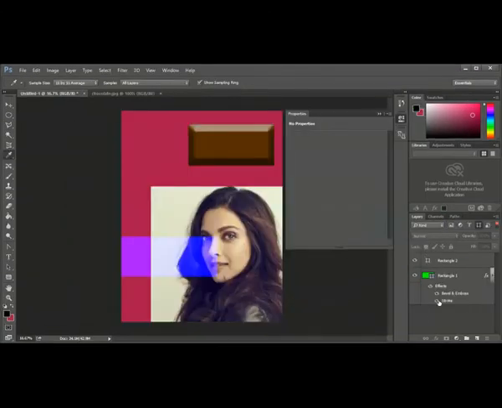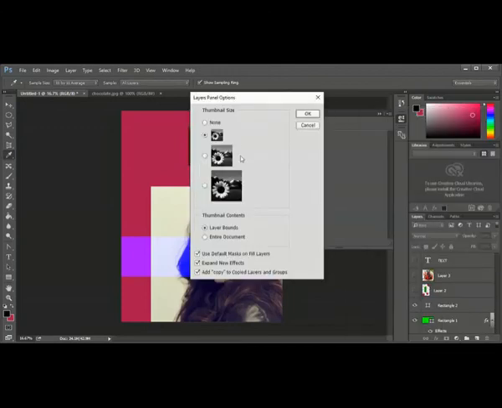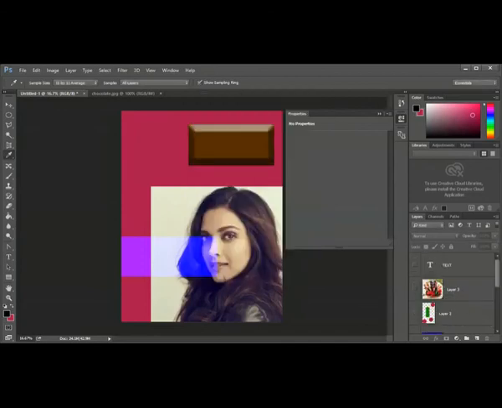And this thumbnail also you can make bigger or smaller. Bring back all. This thumbnail you can make bigger or smaller by clicking here. Click this portion, panel options. Now you can see a very small thumbnail. You can make it a little bigger. Thumbnails are a little bigger. Okay.